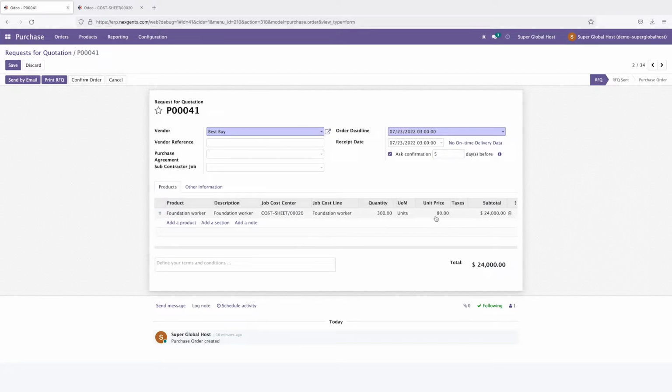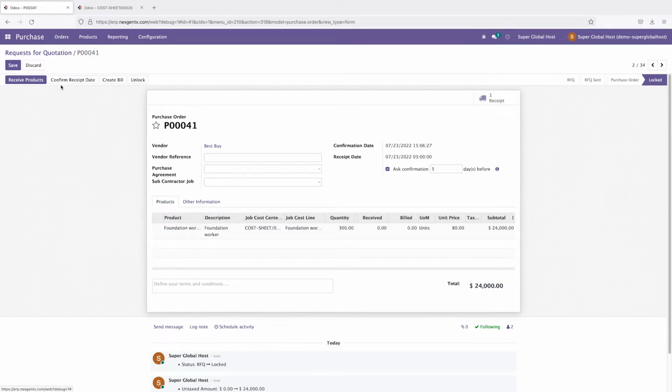So this vendor will confirm this one, if they give in this price or not. So after that we click confirm. For example, they confirm us, so I confirm this one, and we get those worker. So we click receive product,